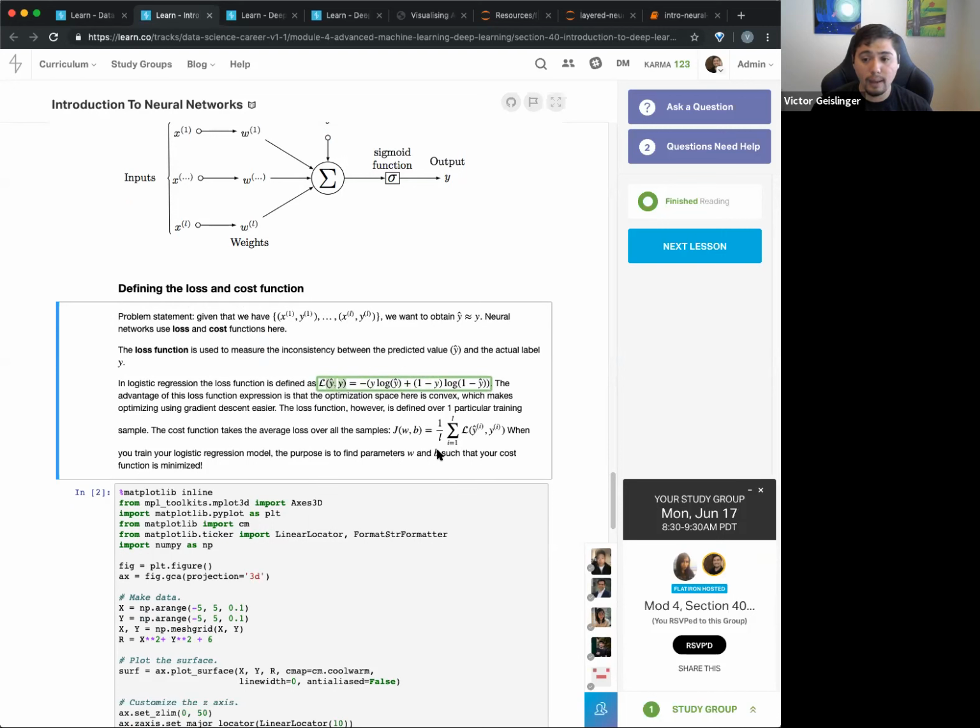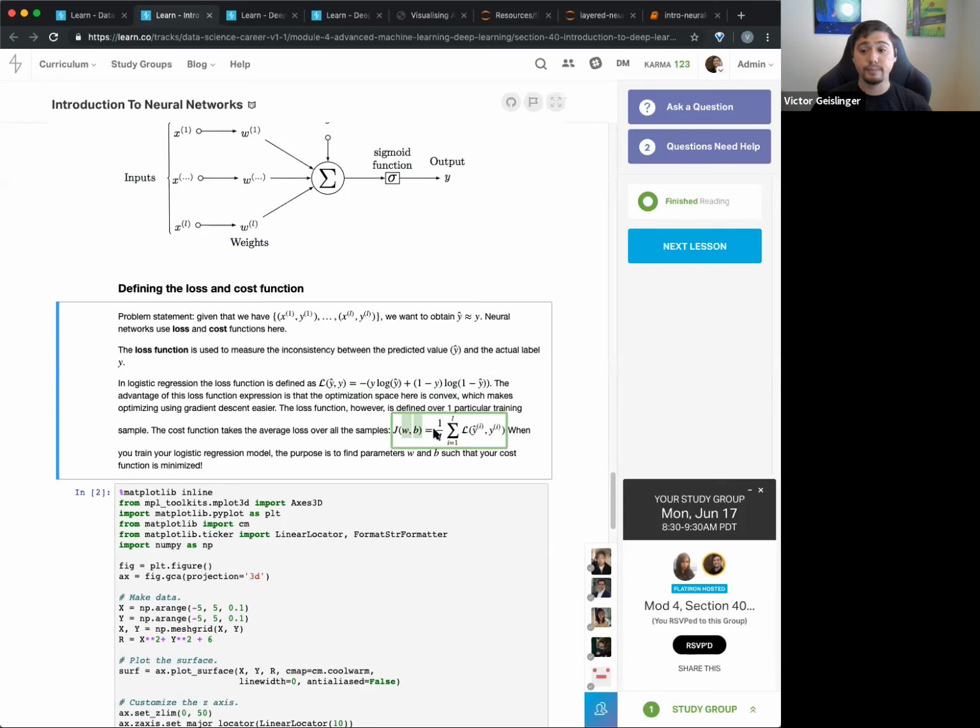So you see from L number of samples, okay? You say, all these rows, or I guess columns in this case, basically all your data points. And you sum up all the losses, basically take the average, and that essentially is your cost, okay? And your cost function is really kind of like the